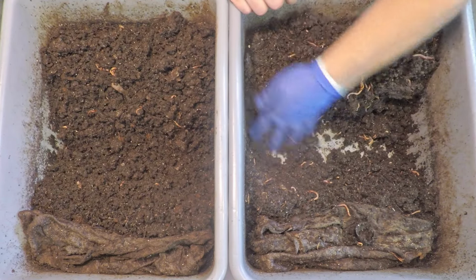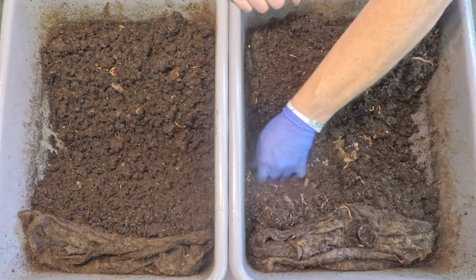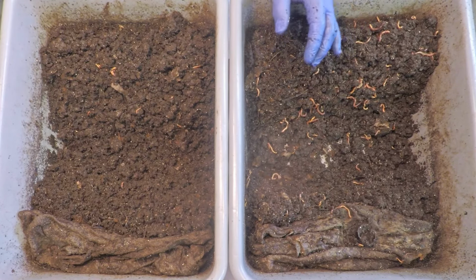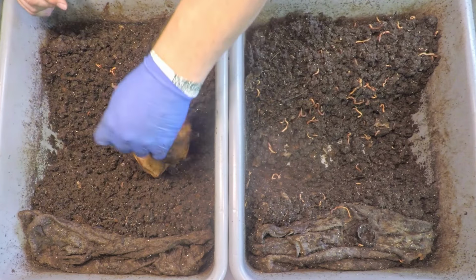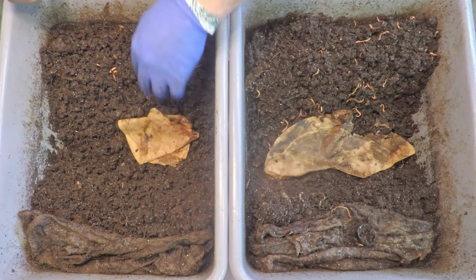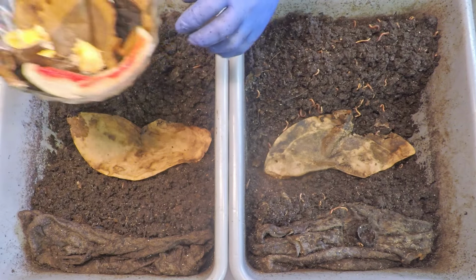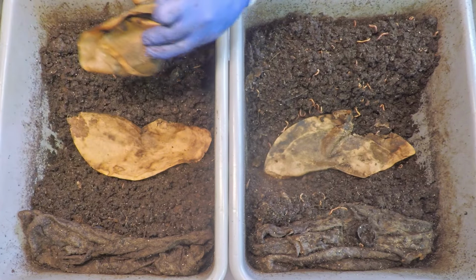I don't know. Well, I'm thinking we're going to try to replicate what I saw in the video from 2 feedings ago, by putting some of the food below the sweater and some of it on top of it. And like I said earlier, since we're foraging here for almost 3 months at this point, that just means no bedding. But like I said earlier, we did cheat. We threw a napkin in here last time. It rested on top of the feeding last time, and perhaps this time we'll give them their bonus bedding down below, underneath the